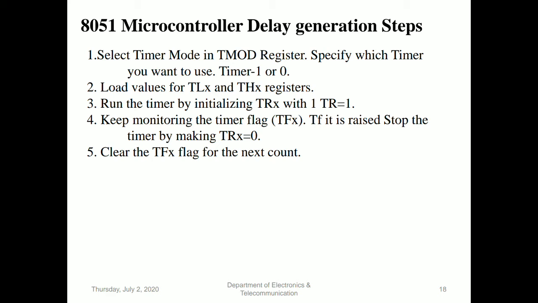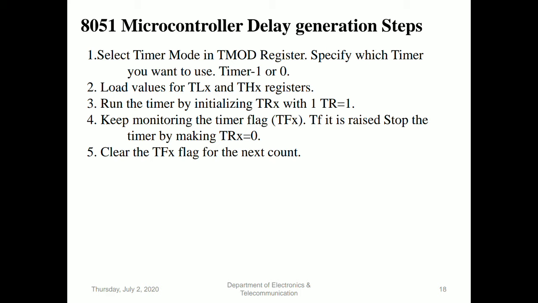If we are considering the lower nibble, then you have to write the content in the lower nibble only and make the higher nibble 0 0 0 0, all four zeros, and the remaining 4 bits from the lower nibble side, that is D0 to D3 of the TMOD register, mention the timer mode and so on. So the first step is to identify which timer you require, either timer 0 or timer 1. So selection of timer is first. After that, the next step is to select the mode of operation.